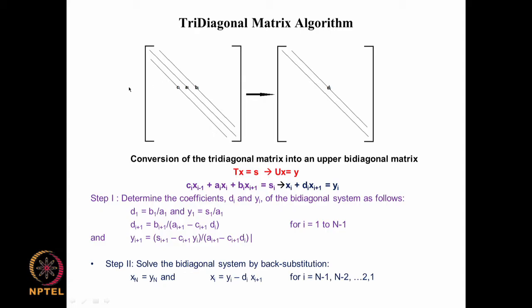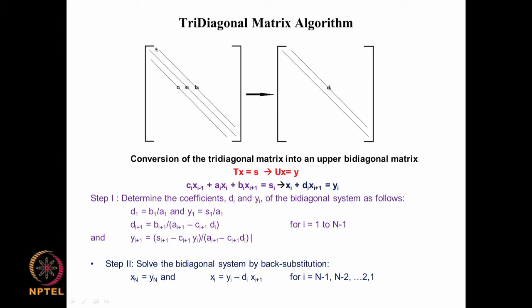So if you take any equation, any row here, and multiply by x, you have an equation like Ci xi minus 1 plus Ai xi plus Bi xi plus 1 equal to Si. This is the equation that we get from, for example, the one dimensional Laplace equation or a Poisson equation discretized using central differences. We get an equation of this particular form, and what we do in the TDMA is